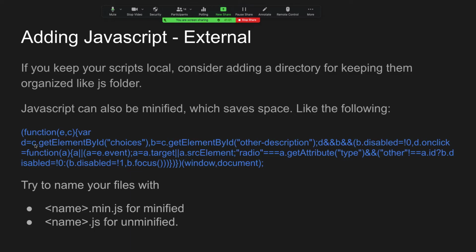For example, there's a variable here called C, and there's a variable called D. And in general, when we write our code, we want to be very explicit in how we name things. Omar, you probably remember this from the Java class. I always talked about making sure that you write your code in a way that is understandable